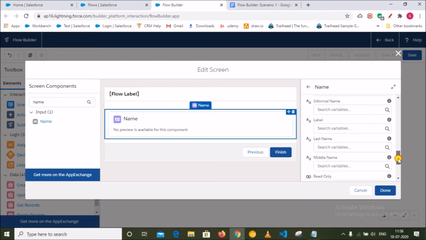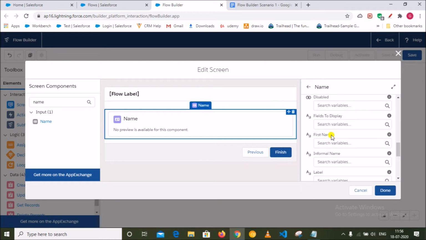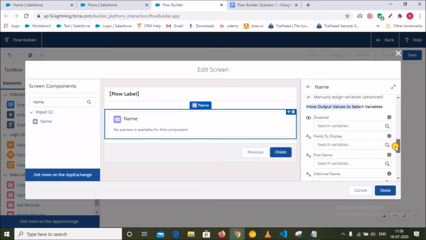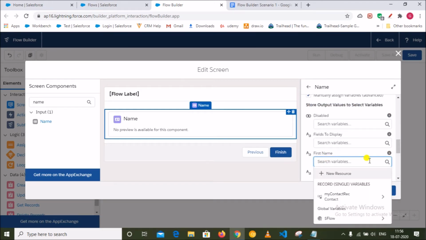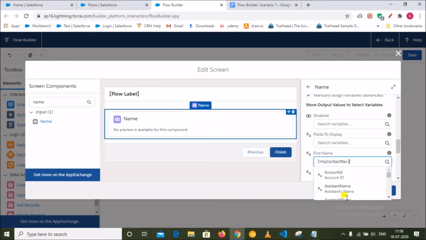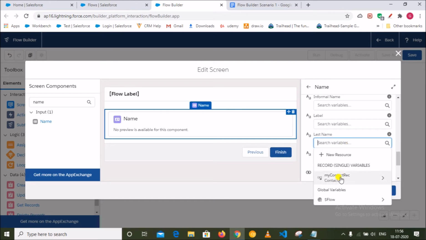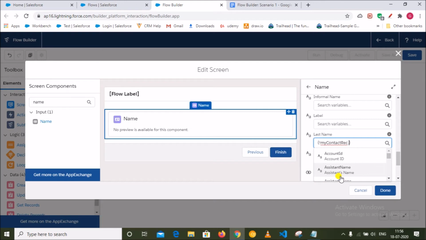If you see here, the store output values option. For the first name I will store the output value, so just click here. I have already created one variable, my contact record. In my contact record I'll store first name, and similarly in my contact record I'll store last name.